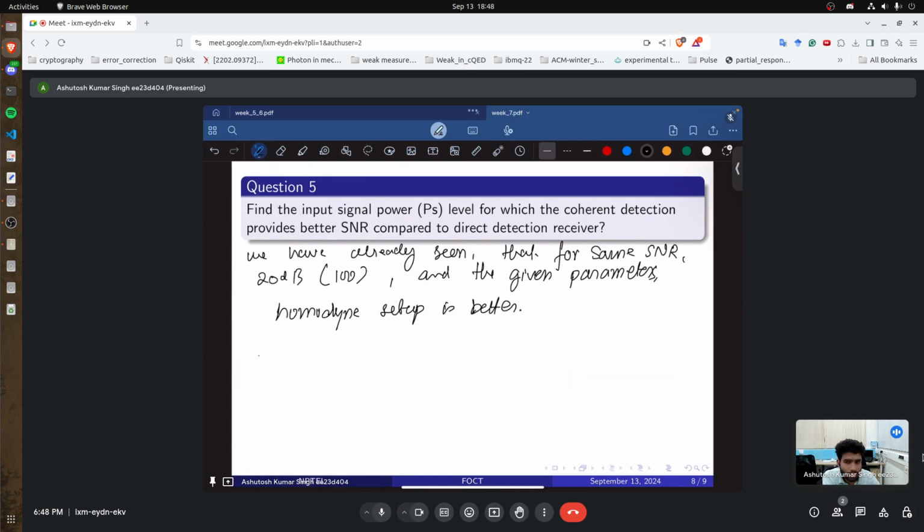But there are cases where the direct detection scheme is also helpful, and it depends on the power level,